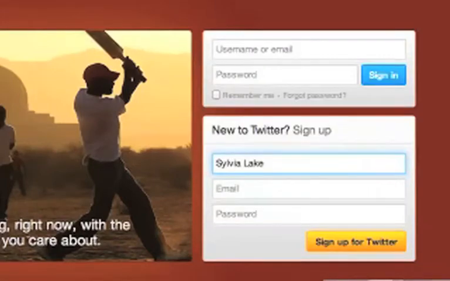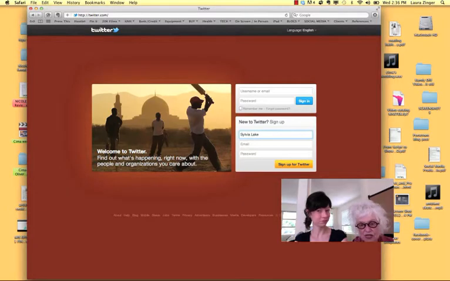I did not know Sylvia had a last name. Yes, she's actually named after Veronica Lake. That's amazing. Who was a very charismatic, beautiful star in the 40s and starred in many movies with Alan Ladd. And so Sylvia is a huge fan of Veronica Lake. I was a big fan of both of them, actually. Yes. That's fantastic. Well, great. I had no idea she had a last name.